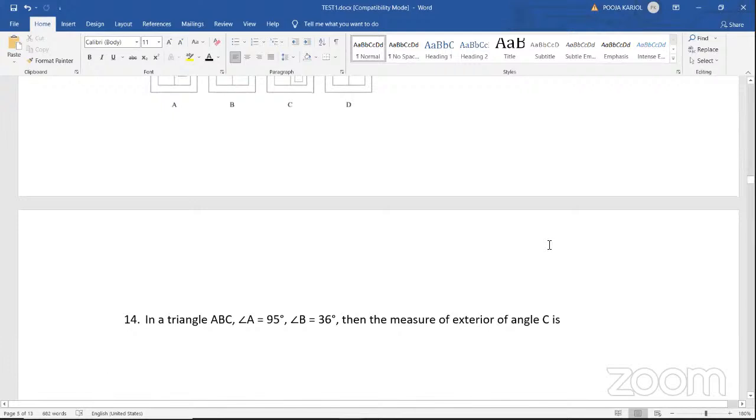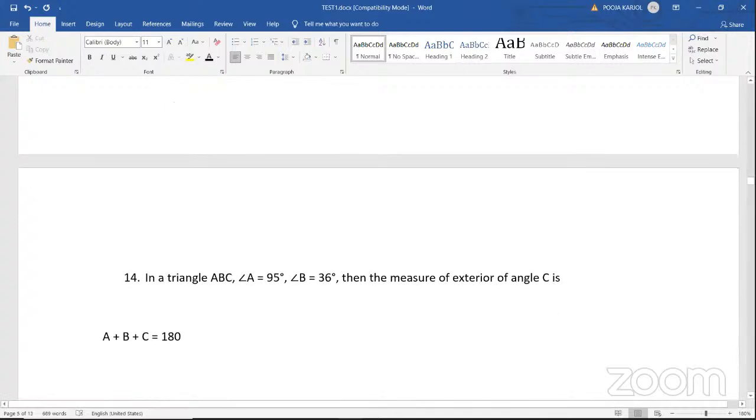What about this one? 131 degrees. Correct. Now, how to solve this? The sum of the two opposite angles will be equal to the external angle. 180 minus A plus B. 95 plus 36 is C. The exterior angle of C will be equal to